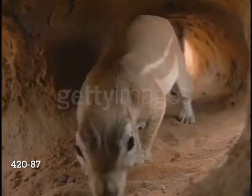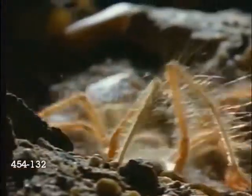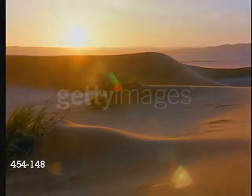For ground squirrels, it's also time to seek shade. The sand is much cooler for the ground squirrel to dig just beneath the surface, and by snuggling together they can sleep warm and comfortable through the night. In the desert kingdom, beyond the reach of man,